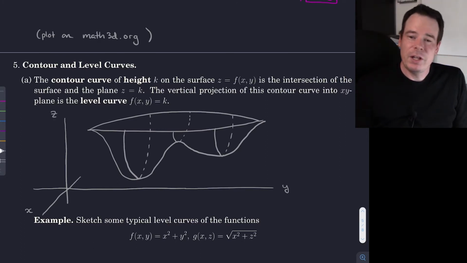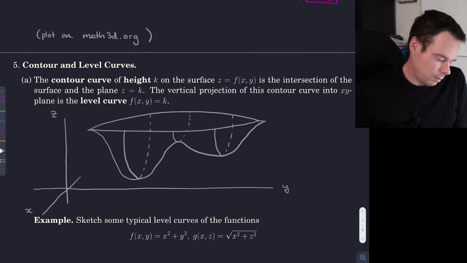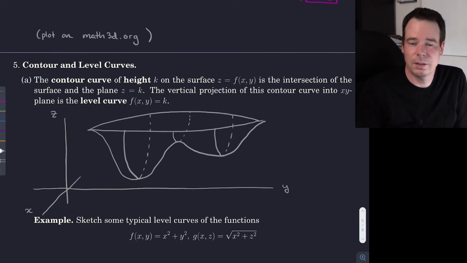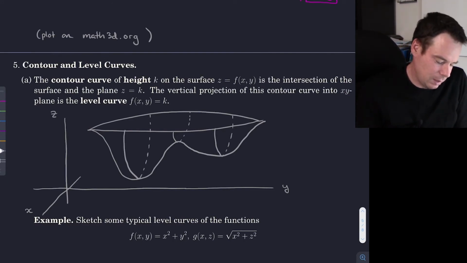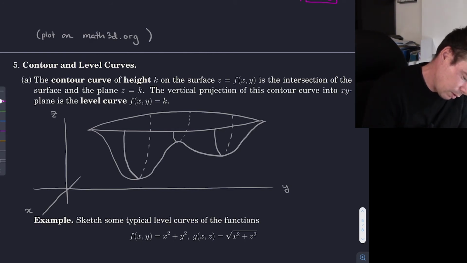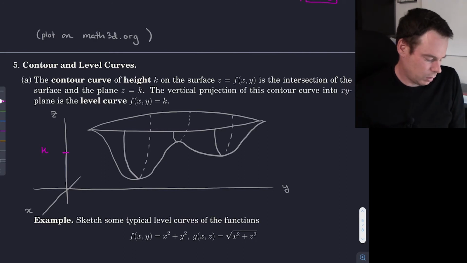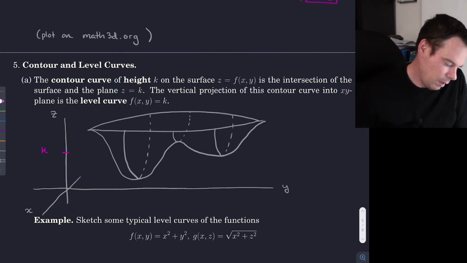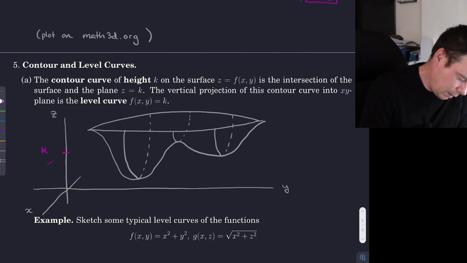And what we could do is imagine slicing this surface in a given direction. In this particular case, we're going to slice it by a plane parallel to the XY plane, so a plane at a given height Z. So let's pick a height. Maybe I'll pick a height right about here. If that's my height, we'll call it Z equals K, so I'll notch that off as a K there. Then I'm going to take a plane at that height, and I'm going to let that plane slice across